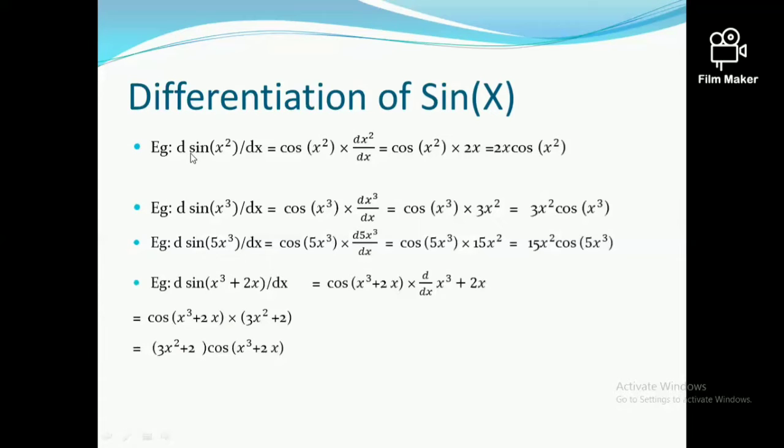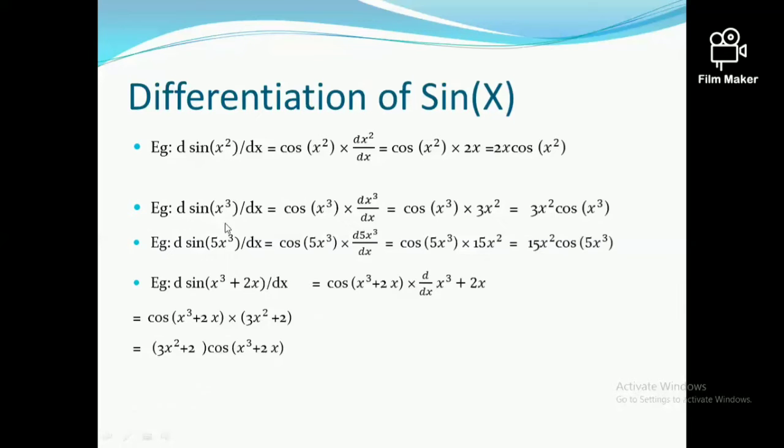Right. Now, if you differentiate sine x squared, what would be the answer? Cos x squared, and then differentiate x squared over here. First, you have to write that the differentiation of sine x squared is cos x squared, and you have to differentiate the term over here, x squared. If you differentiate x squared, what is that answer? That is 2x. Then you can say cos x squared into 2x. Remember that you cannot multiply this x squared with this 2x. This is cos x squared. Then you can write the final answer as 2x cos x squared.